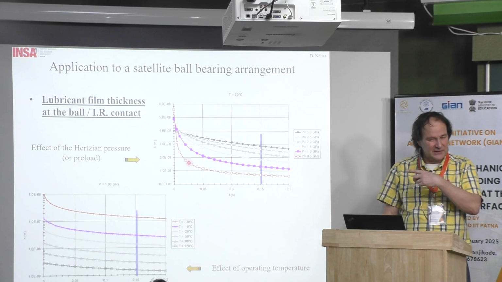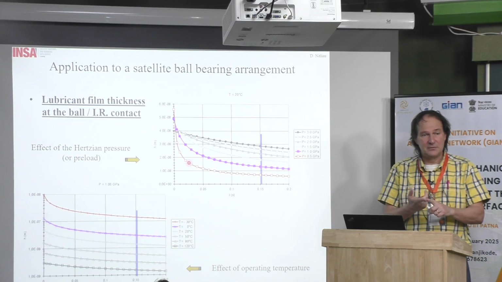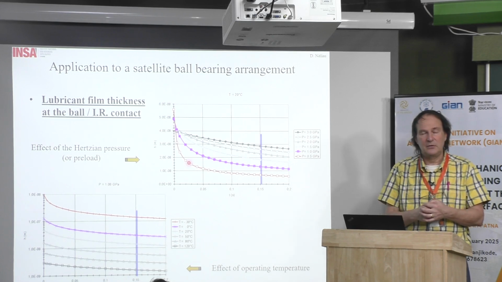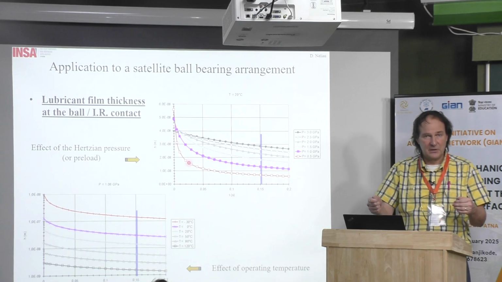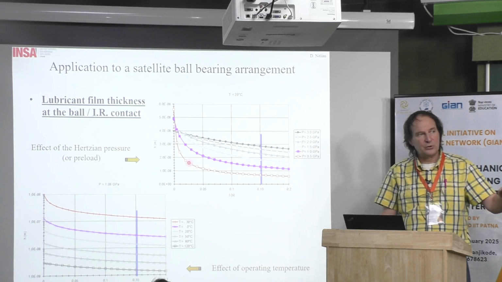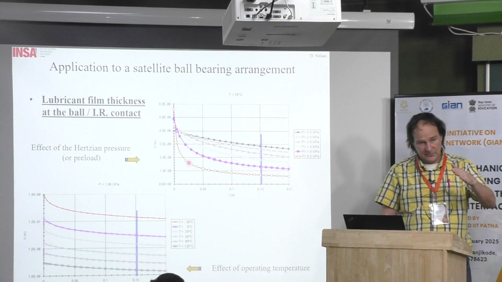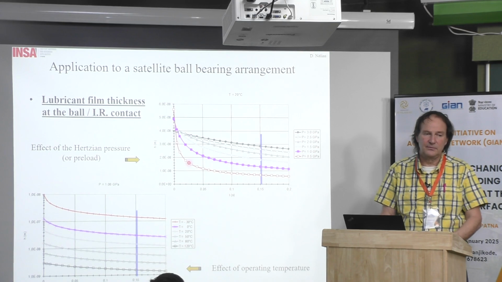As I said before, we did some comparison. When you have a very high load and a very low rolling speed, for example, the solution is excellent, because it tends to be the Hertzian solution. And now, if you have a low load or a very high speed, you have a peak of pressure at the exit, and also a pressure which starts to build in the convergent far away from the contact. Then there is some difference compared to the Hertz solution.